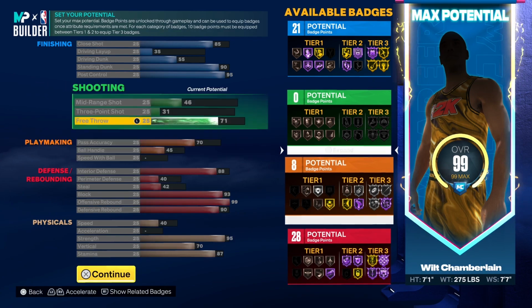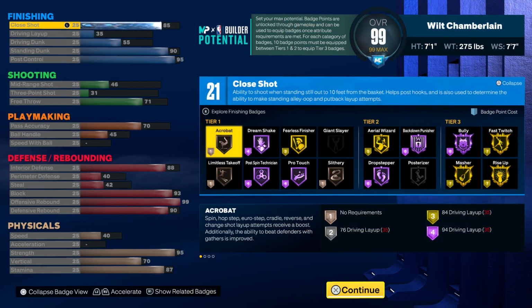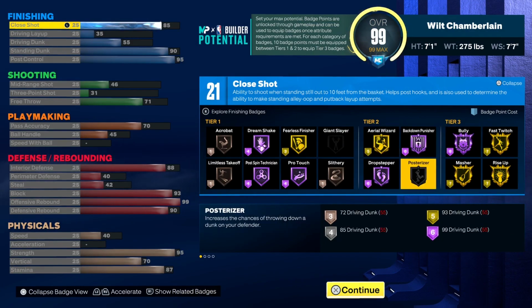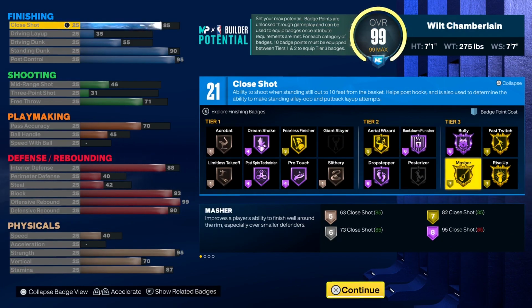Okay, so going straight from top to bottom, as you can see, we decided to go with an 85 when it came to the close shot. Key thinking here was we wanted to get gold fast twitch as well as gold masher on this build, which as you can see, require an 85 on the close shot for the gold fast twitch and 82 for the gold masher. And then of course, we went with a 35 on the driving layup and a 55 on the driving dunk,